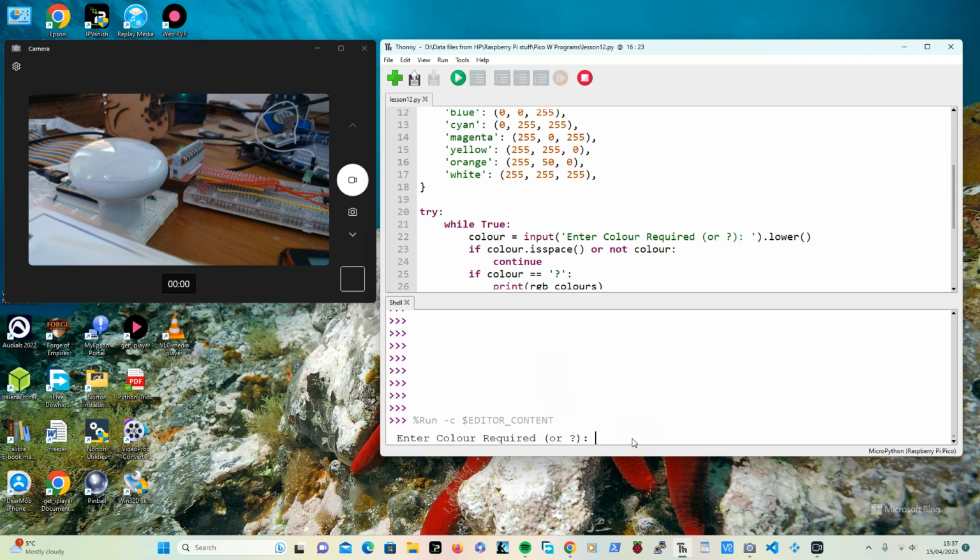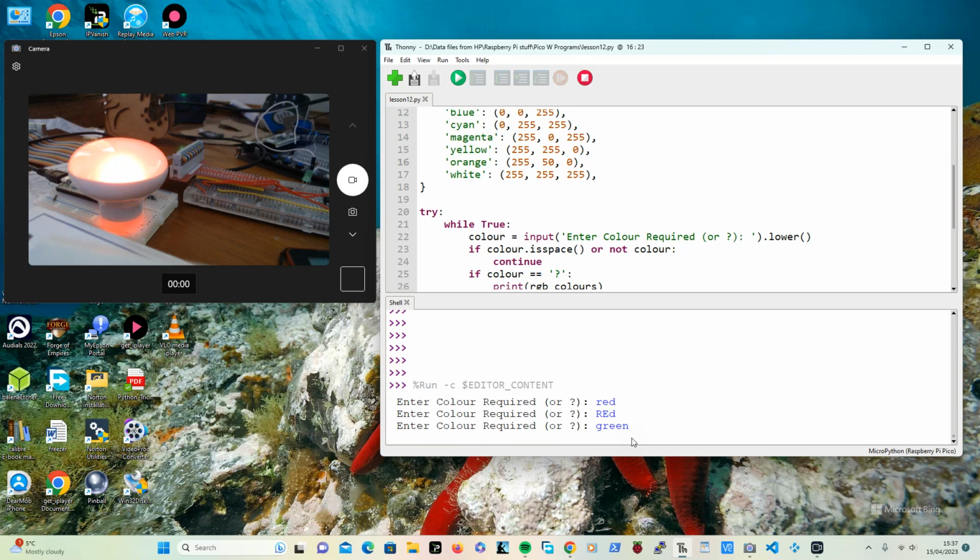Right, enter colour required. We'll try with something simple. Red. And it kind of looks red. And it's also case insensitive, so you could go capital R-E little d, and that works. Then we can go green, blue, cyan,